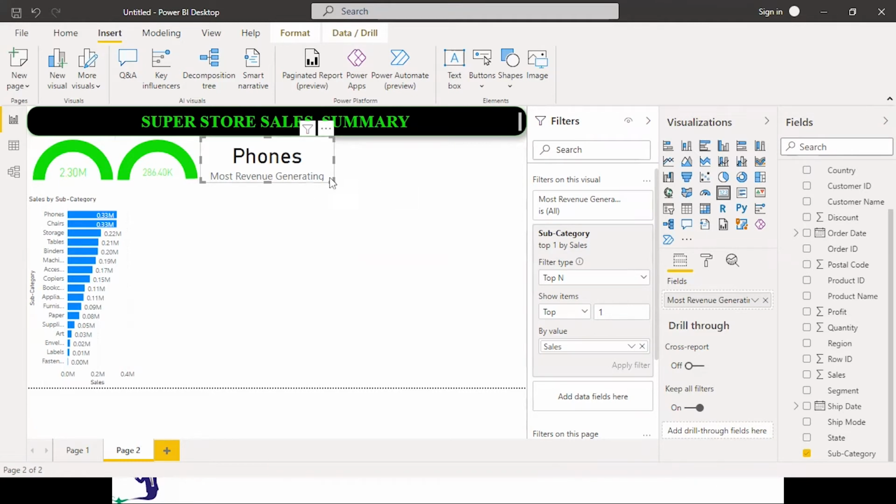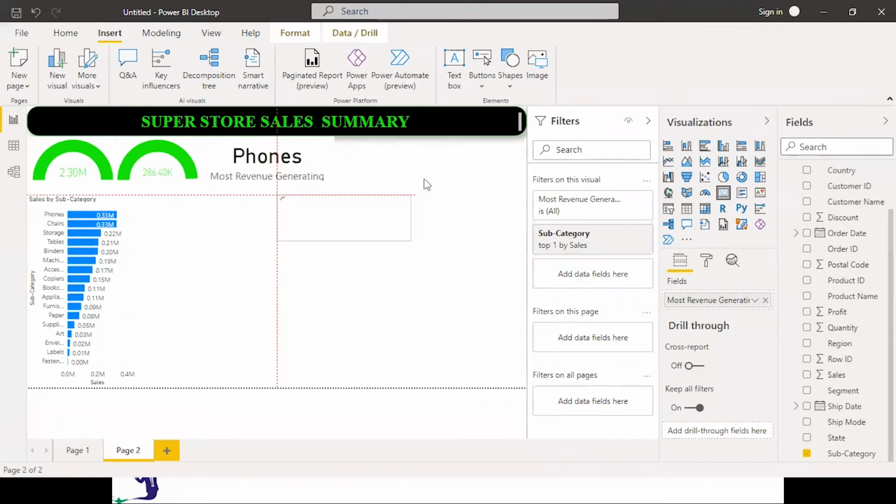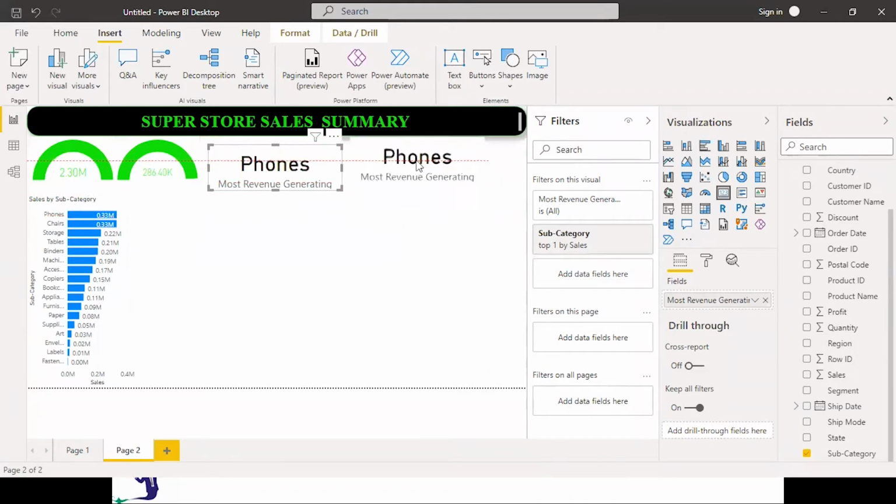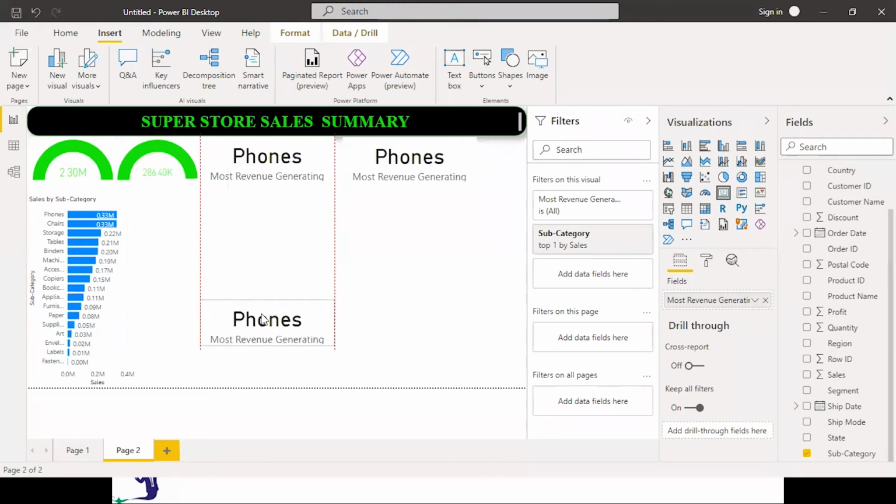Okay, most revenue generating, and let us take one more over here. The best way is to copy paste the visual, so that, oh, I have created multiple copies. I don't want this.